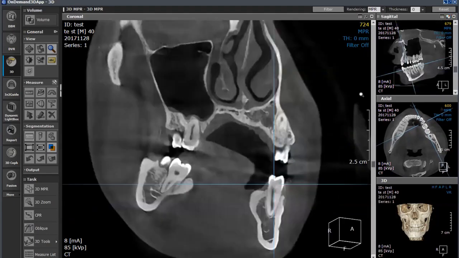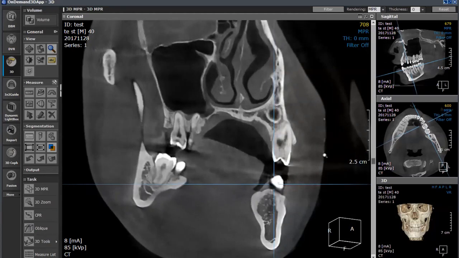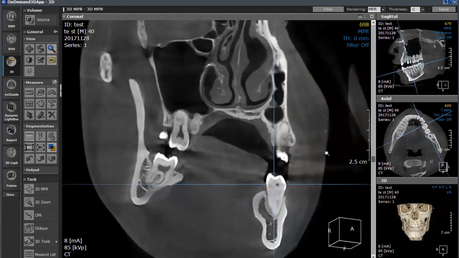I'm going to go ahead and blow up that screen, and now I'm looking at mesial distal of that tooth. So now as I go through that tooth, I can kind of move closer and closer in. You can see there might be a faint cavity there, and it looks like there's actually a break through the crown itself. Moving through again to the next tooth, we know that there's a cavity in there. We're going to look through there as well,